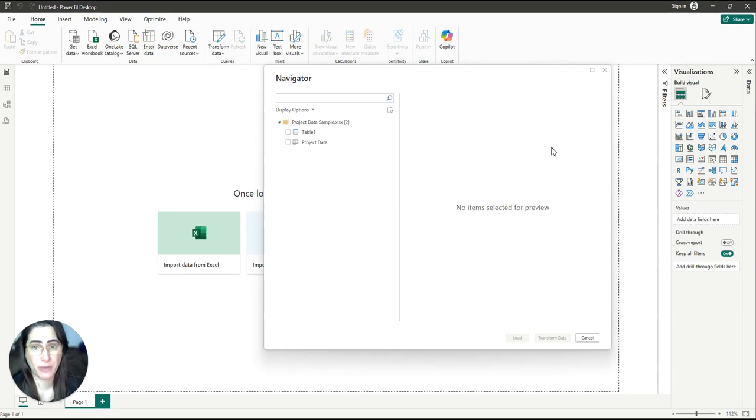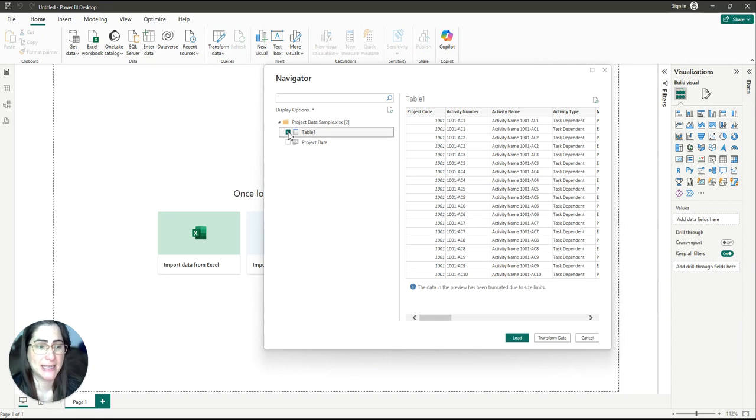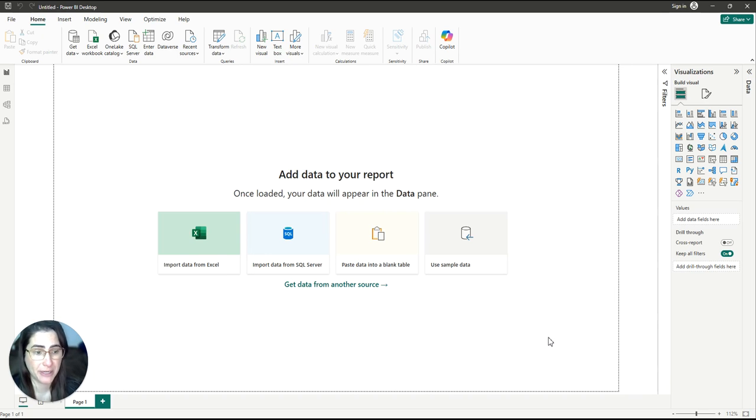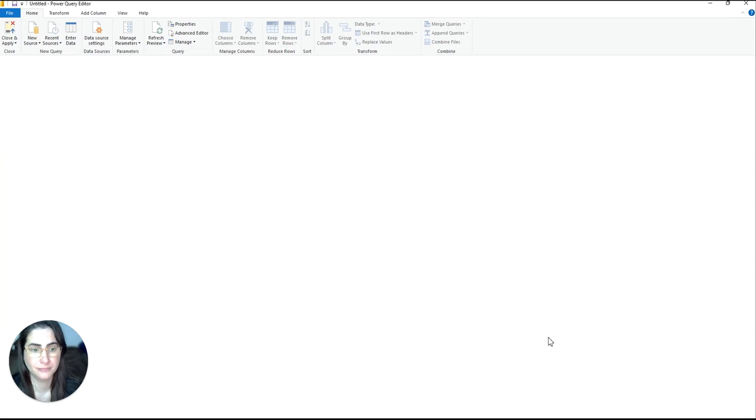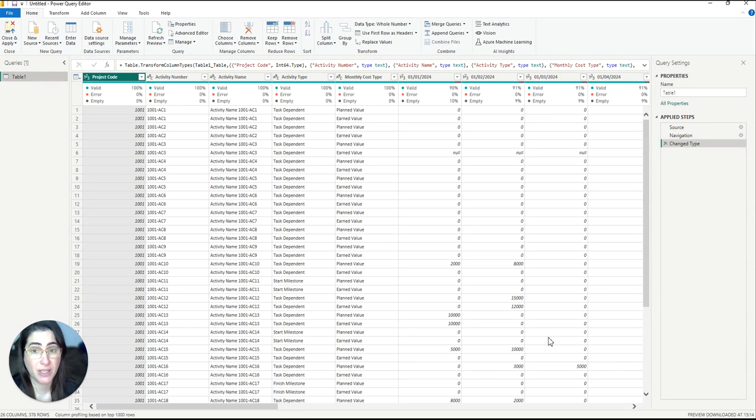I have now opened Power BI and imported my Excel file that has the P6 export. I'm going to select my table and I'm not going to load straight away. First, I'm going to select Transform Data, and when we do that, it will take us to Power Query. So here it is. Power Query is the data transformation engine in Power BI, and it offers a range of